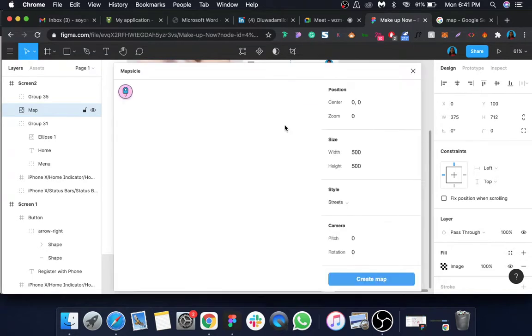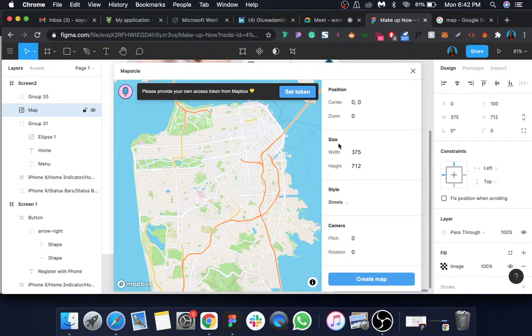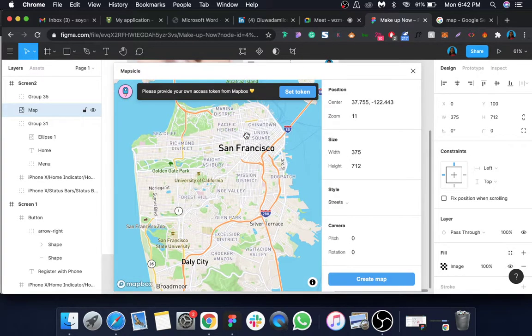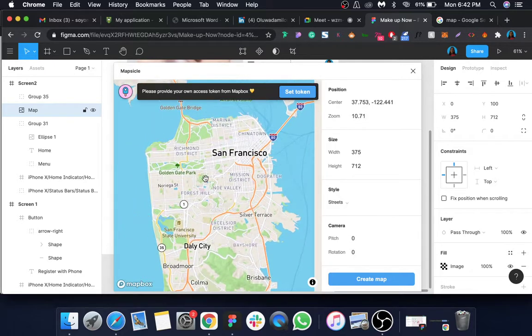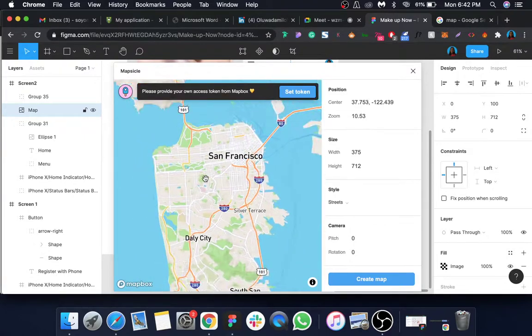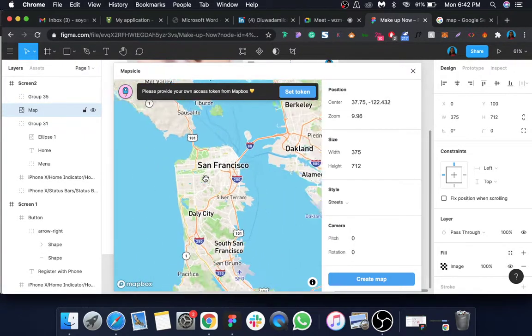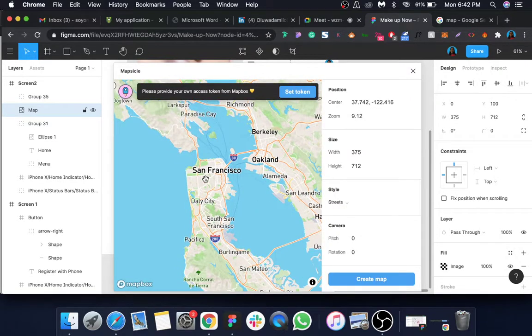If you want aerial view, it creates different types of maps for you. Okay, so I think I want to use somewhere close in Nigeria. There's a way to actually search, but I'm not sure if I have the luxury of time to do that. So let's see if I can come into